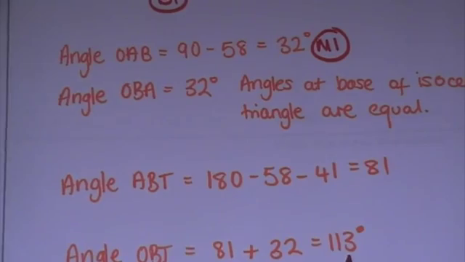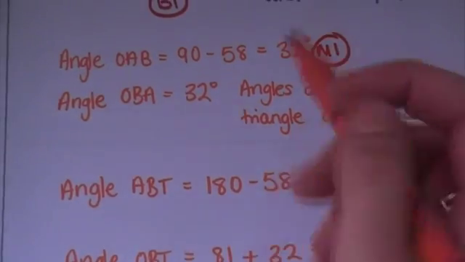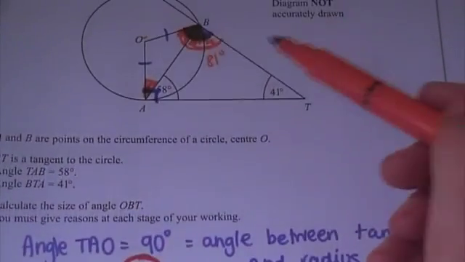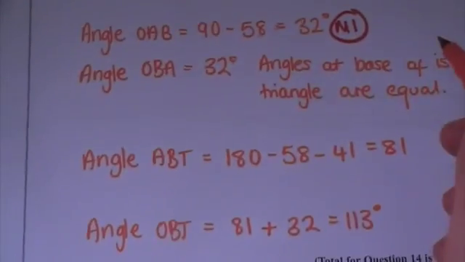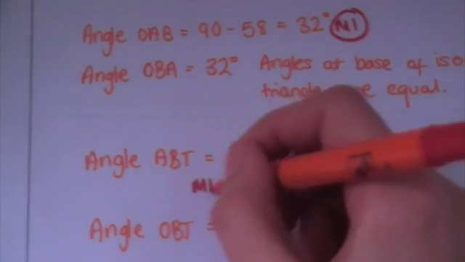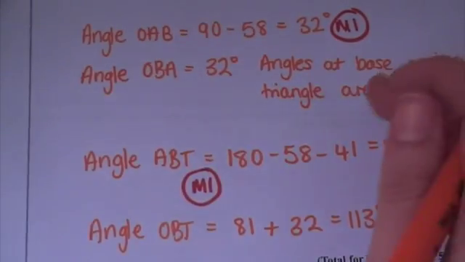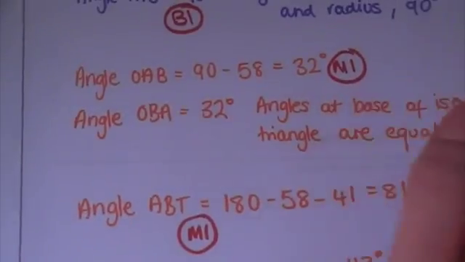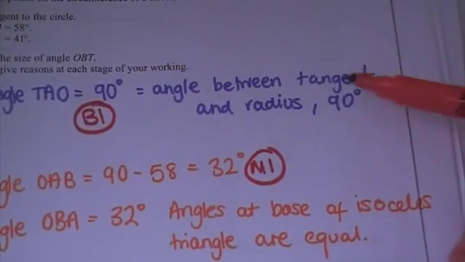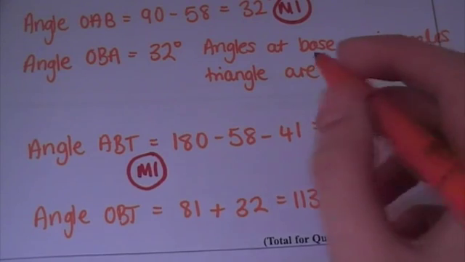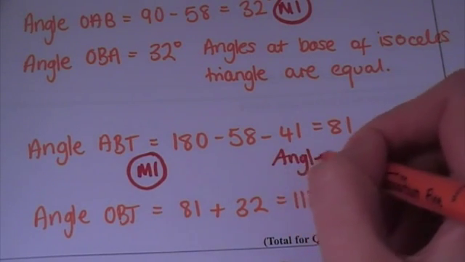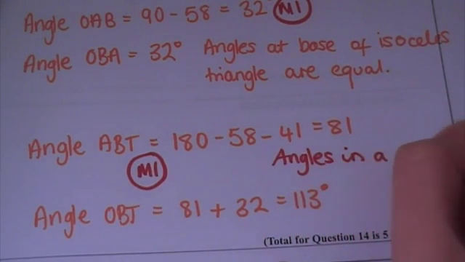Your next method mark would be for working out the angle ABT. It's working out this 81 degrees because of angles in a triangle. That would be your third. The fourth is a communication mark, so that is for stating all these reasons why as we've gone along. So here we should have said, or you could have said, angles in a triangle